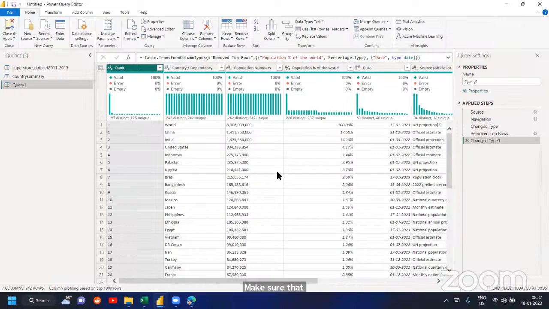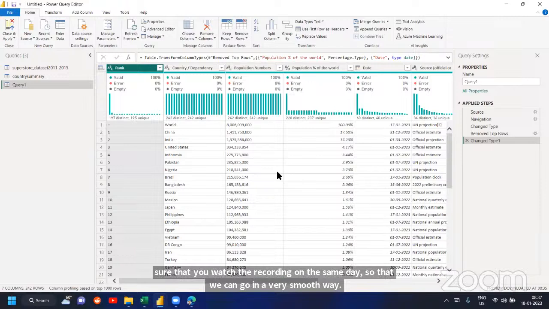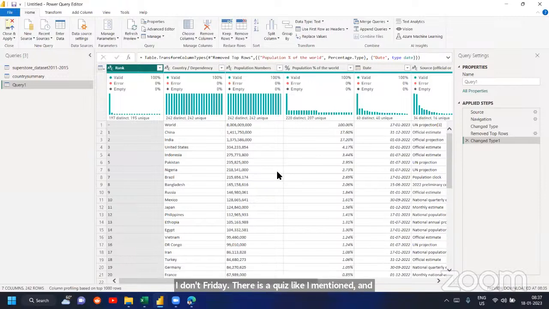And on Friday, there is a quiz, like I mentioned. And tomorrow you have to submit the assignment which I gave you yesterday, 100 ideas. On the same Superstore data set, you have to generate 100 ideas and submit it. By tonight, I'll float the Google form. By Thursday night, you can do the submission and be ready for the quiz the day after tomorrow, on Friday. The quiz on charts is already over. This time the quiz will be mainly on Power Query and the rest of the other topics. Fine.